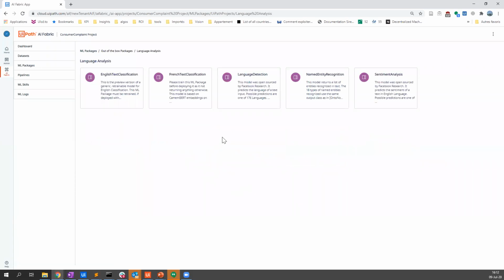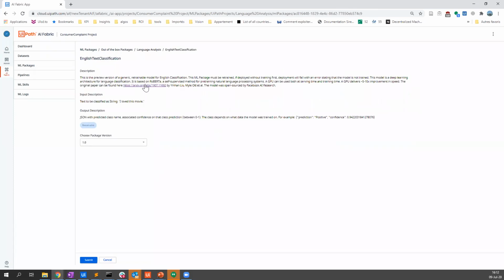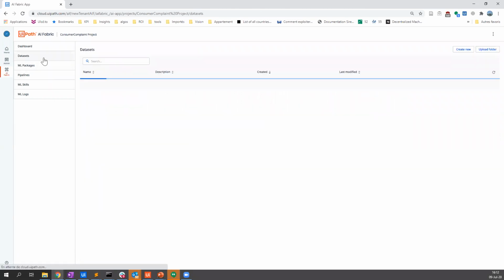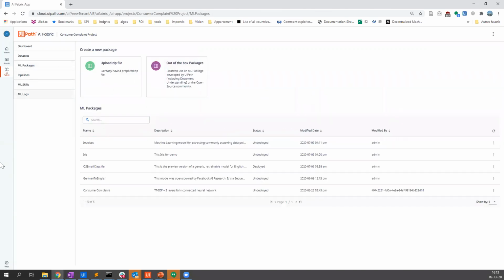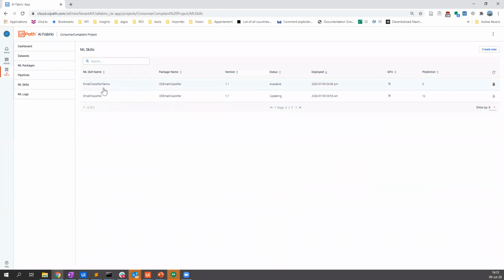And if you look, for example, at the model that we used before, this was actually a generic English text classification model. This one is provided by Facebook. It's called Roberta. It's kind of famous, so I guess you know it. So we just add an English text classification model. I won't do it because I already did it. And based on this model, we train it on this data set, which is a training data set. And then I use this model that I have trained to go here and to serve it.